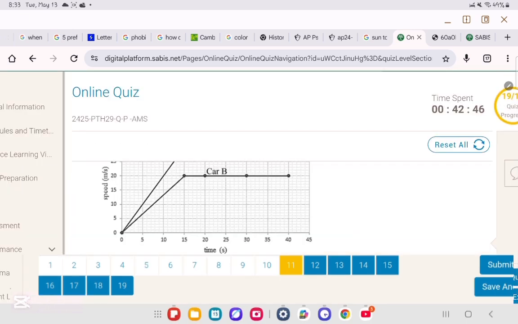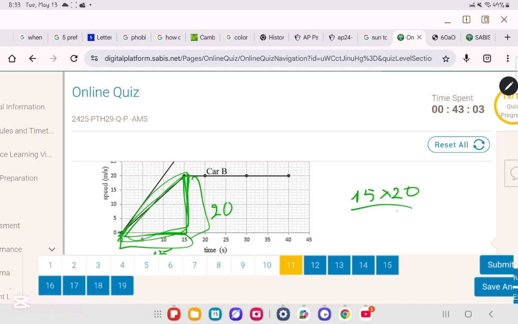The distance traveled by car B while accelerating. What does it mean while accelerating? That means this position over here. What is this position over here? It is a triangle. So in order to find it, you need to do the base, which is 15, times the height, which is 20. So 15 times 20 divided by 2